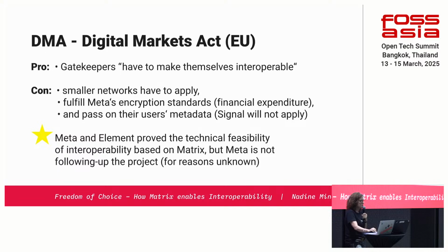The cons about it is that in the regulation, it is the smaller networks who have to apply to be interoperable. So it's actually the effort is by the smaller networks. They still have to fulfill Meta's encryption standards. So for the smaller ones, it's the possible financial expenditure to actually reprogram their encryption to fit into Meta's